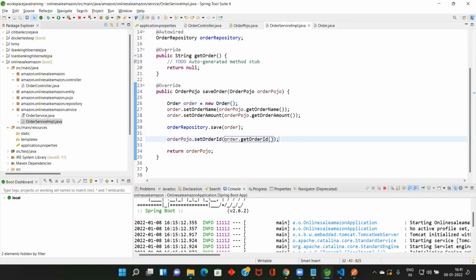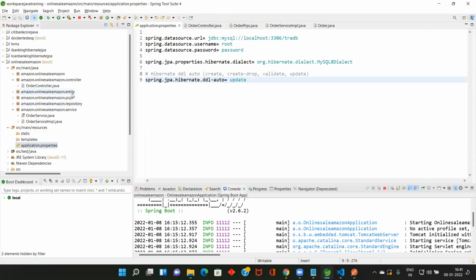Let me restart this one, all the things are done. So how many classes? Service, repository, service, Pojo, entity, that's 4. Controller, 5. 2 interfaces and 5 classes. That's all. And 1 property file. So first it will come to the controller, then it will come to the service, then it will come to the repository.